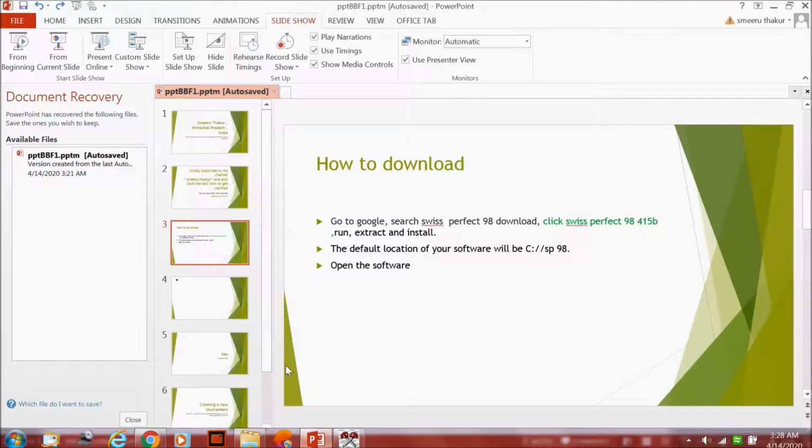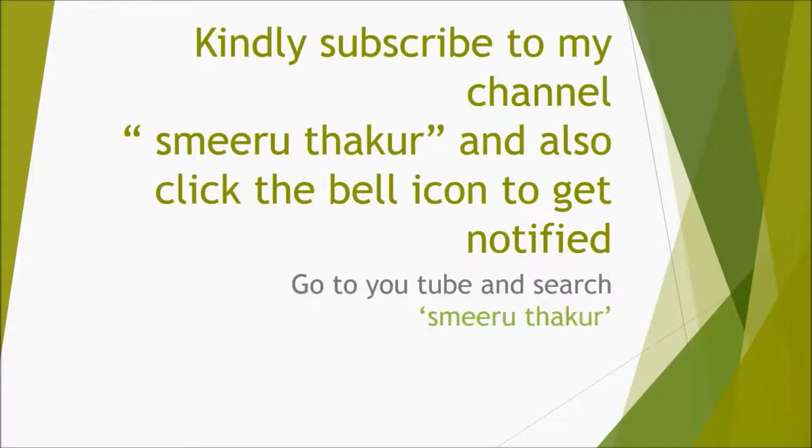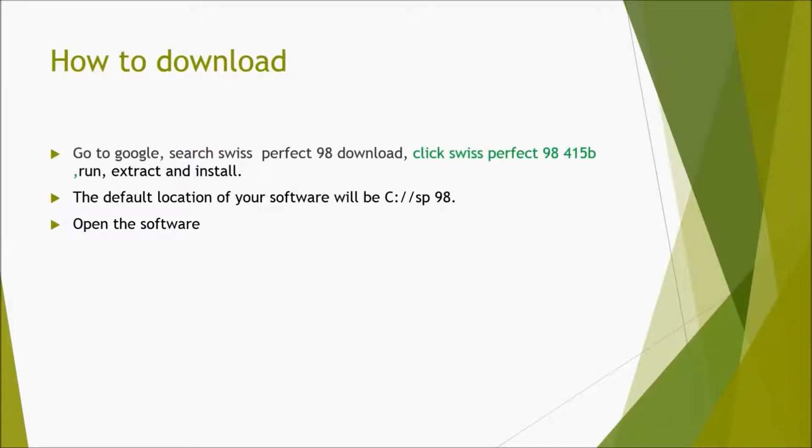So in this way, you can download this software. The next part is to open the software.